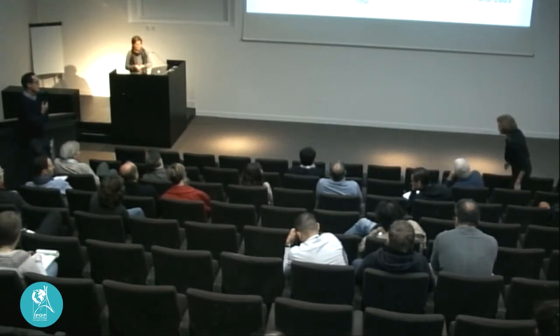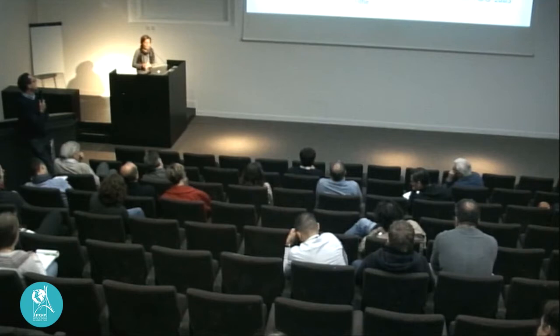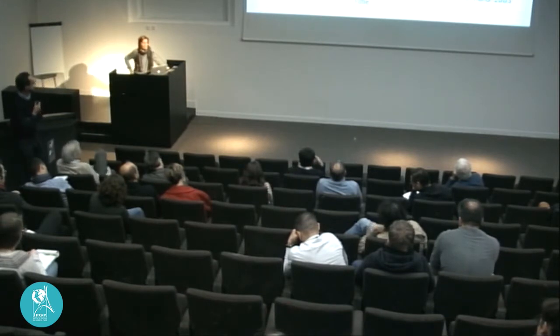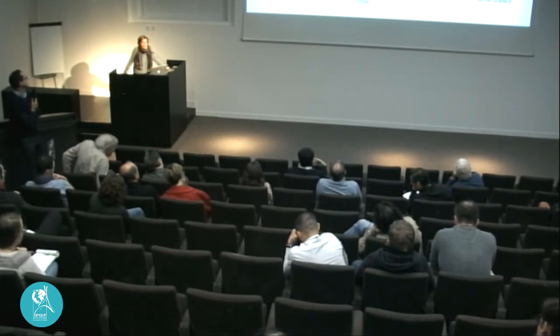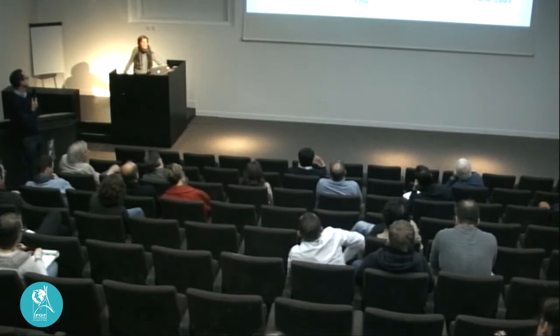Yes, Catherine. From the present day, we know that the composition of sediments eroded from the continents can be very different depending on the setting. A mountain is not giving the same types of sediment as a lowland. So do you think it could be possible to trace this kind of weathering regime back in the past of the Earth, or is it something which is too subtle to be seen in the mantle?